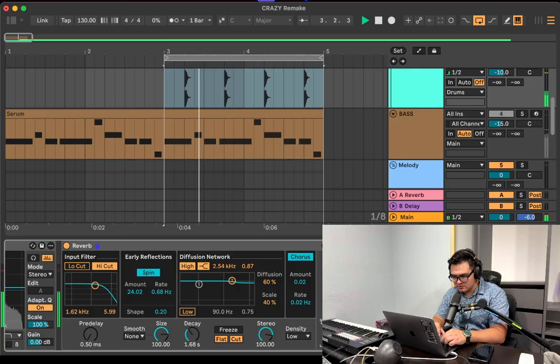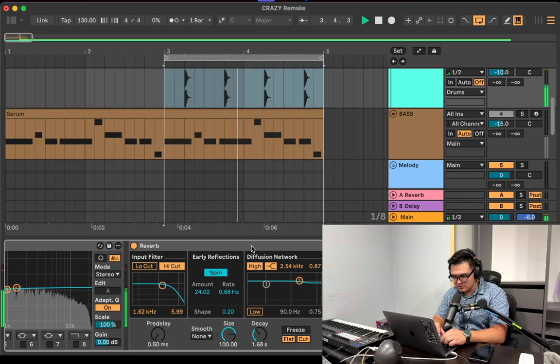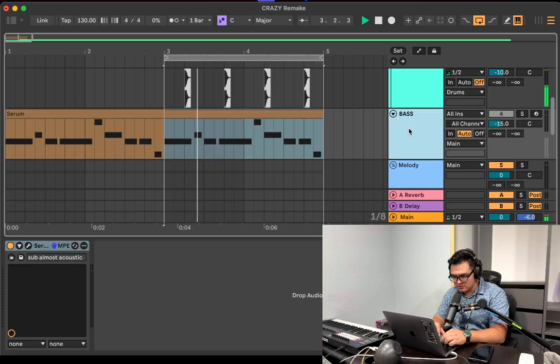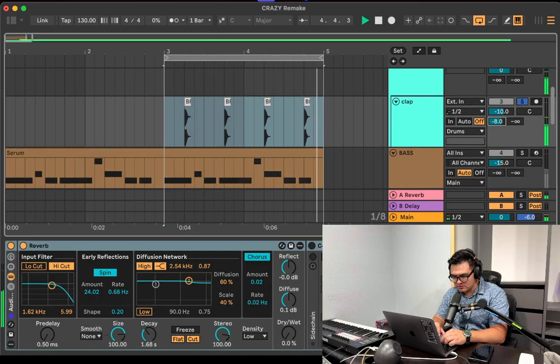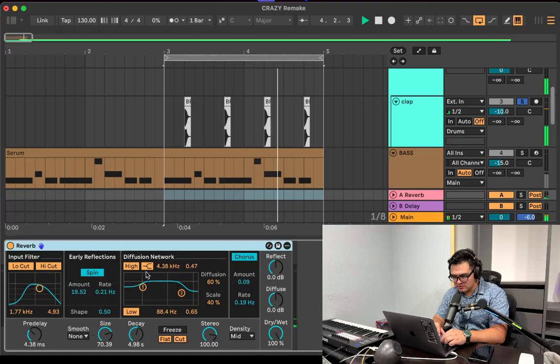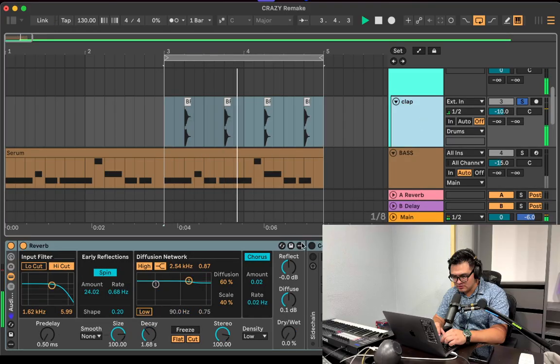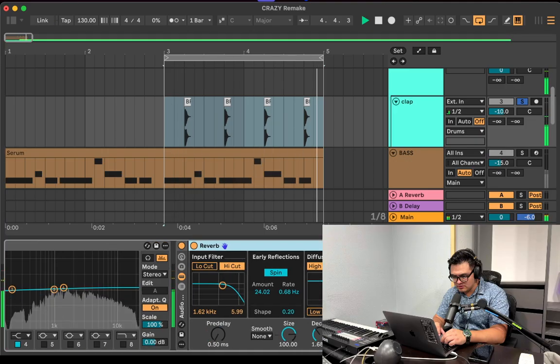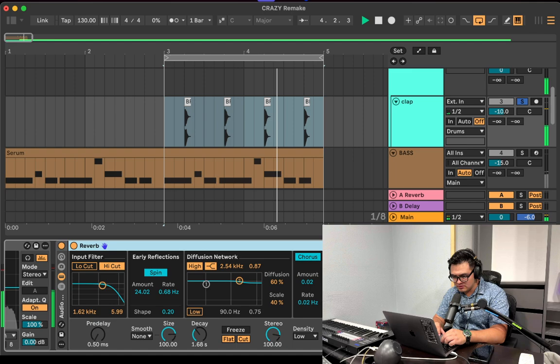The problem with changing the dry wet knob is that it also changes the volume of the original sound. So if it's 100% wet, it goes 100% to just the reverb. If it's 0%, it's only what the original sound is. To control it better, you could usually either send it to a return track, and then in the return track you can edit the reverb however you want, put an EQ, compressor, ducker, whatever. Or inside the same Ableton track, you can group together, for example, this reverb and the compressor,